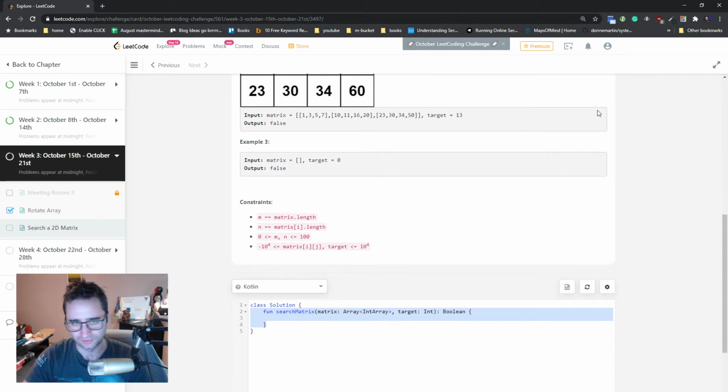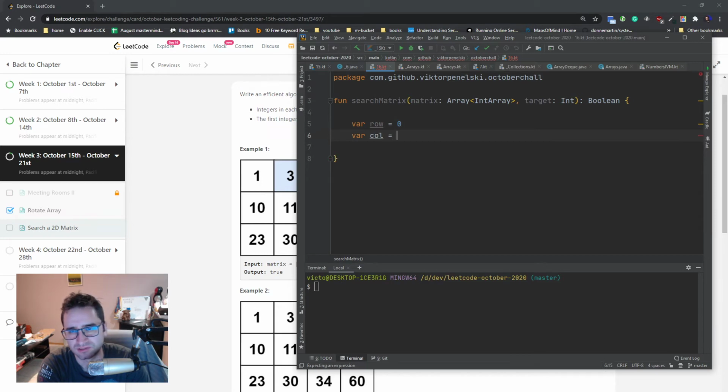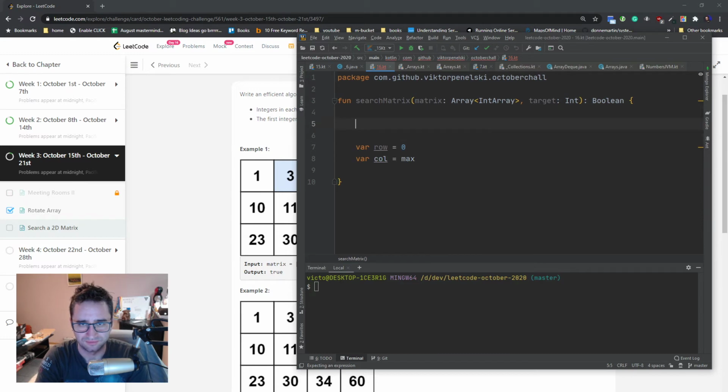So this is the algorithm we want to do. Start from the top right corner. What is the top right corner? So top right corner is... I just need to keep a row and column somewhere. Row equals 0, and then col equals... I should have somewhere the number of rows. So number of columns is